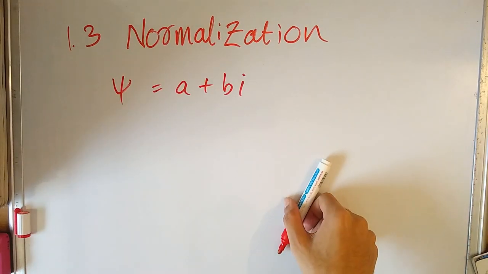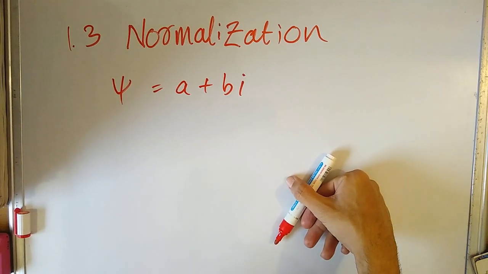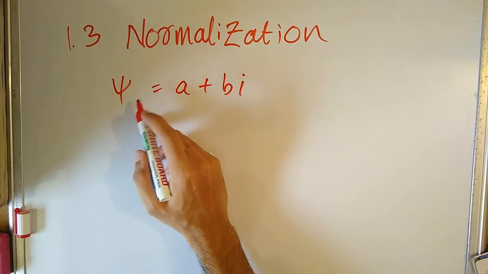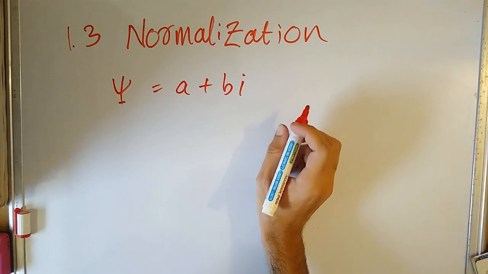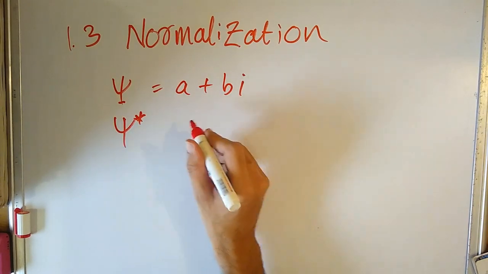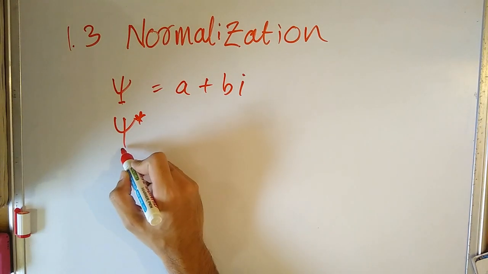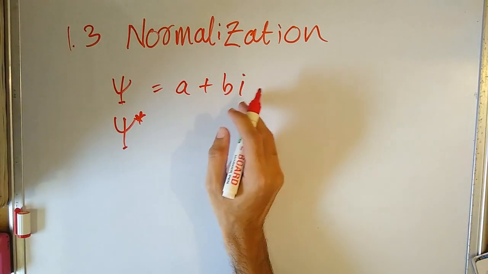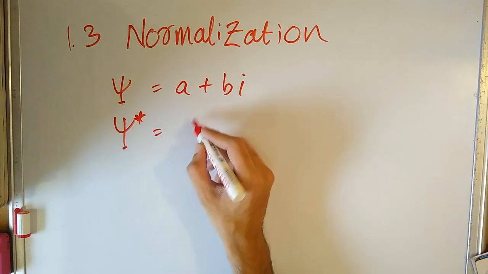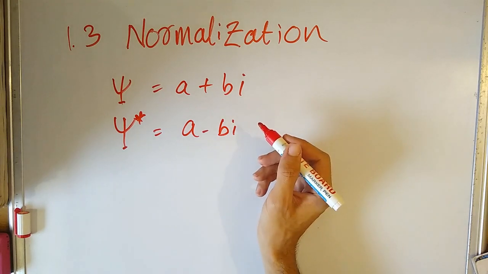So, the wave function is a quantity that represents particles. It might or might not be a complex number. We denote it as the capital Greek letter psi. If it has a complex conjugate, we add an asterisk at the top of it. So you can represent psi in the form a plus bi, and its complex conjugate, psi star, will be a minus bi. You just replace the complex part with its additive inverse.